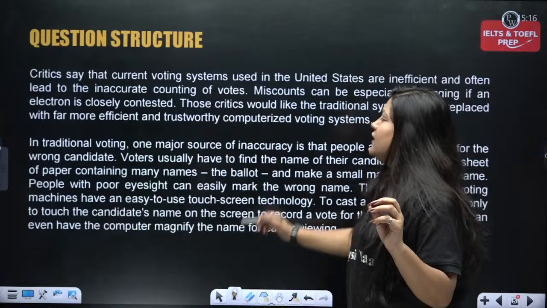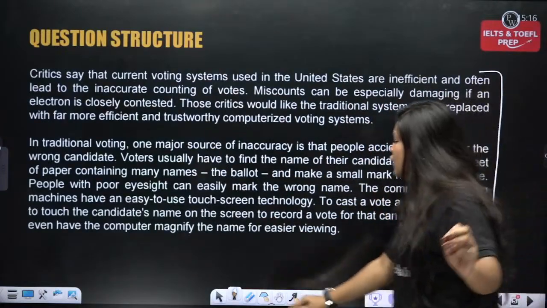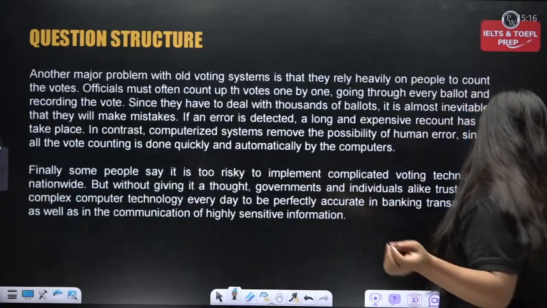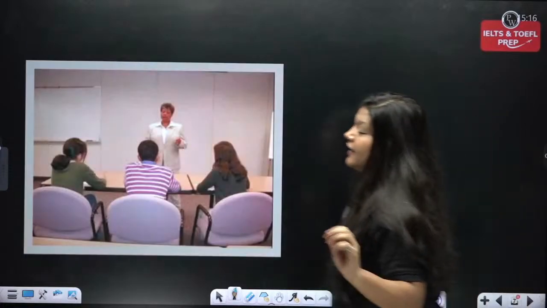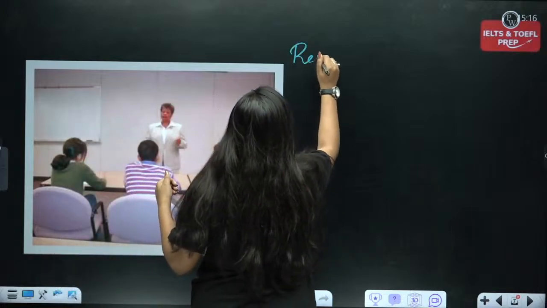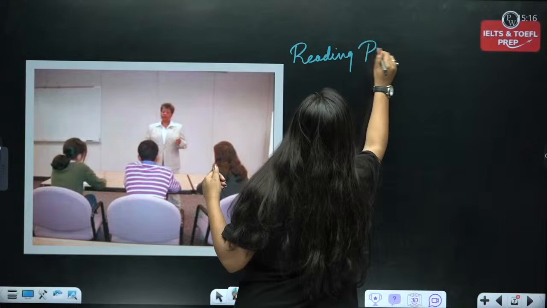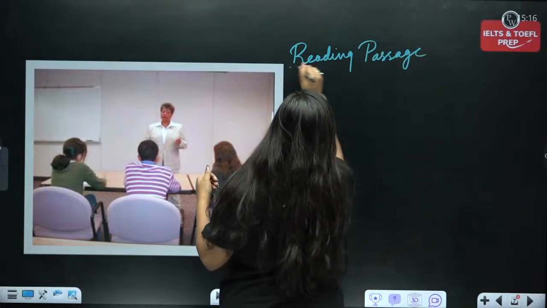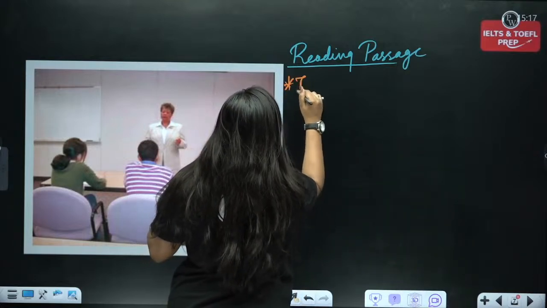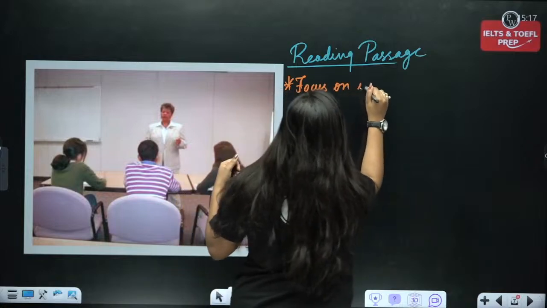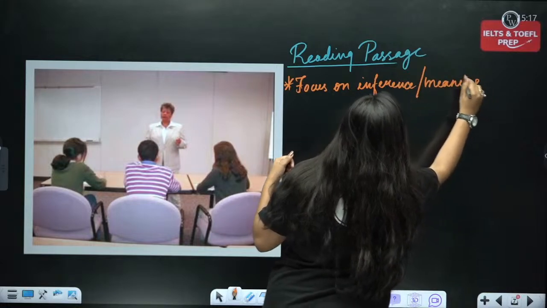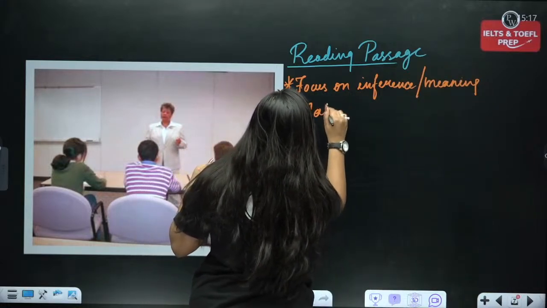Okay. Now, this is the passage. This is the kind of passage you are going to encounter. Now, this is just a sample. Okay, have a quick look at it. Now, let's understand what things we need to take care of at the time of reading. Focus on the inference, make notes